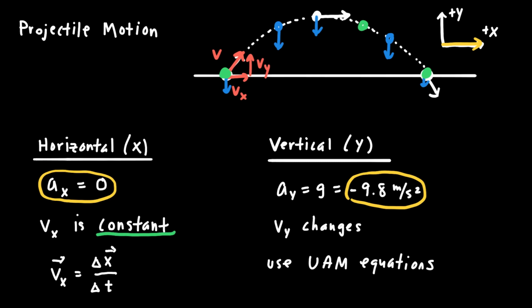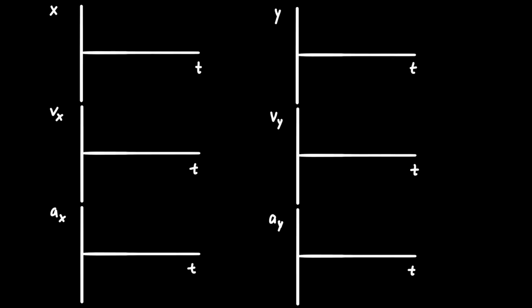I want to take that example of projectile motion and make graphs of just about every quantity that we can as a function of time. Let's think about what these graphs would look like. I'm going to do these in kind of a haphazard order. The first one that I'd like to do is the